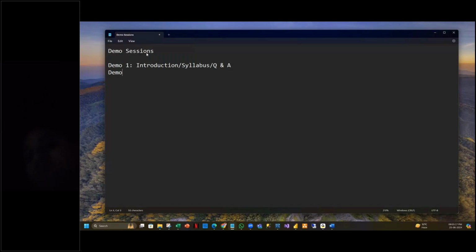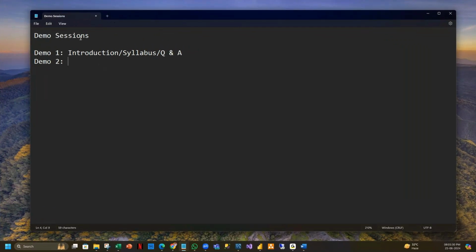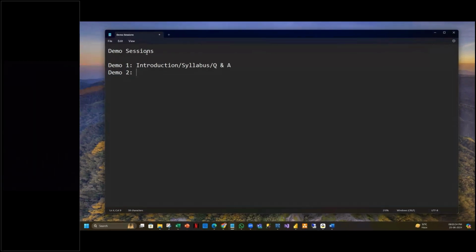And in demo two, we will try to understand what all the technologies we have in the software industry, and what these software technologies are used for. Some people tell it's a database, some people tell no, let's use cloud. So what exactly is the difference between database and cloud? These are the kind of questions we do have, right? So let me put it as technology understanding and data